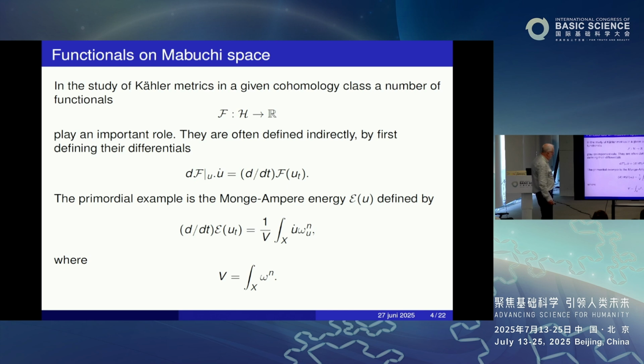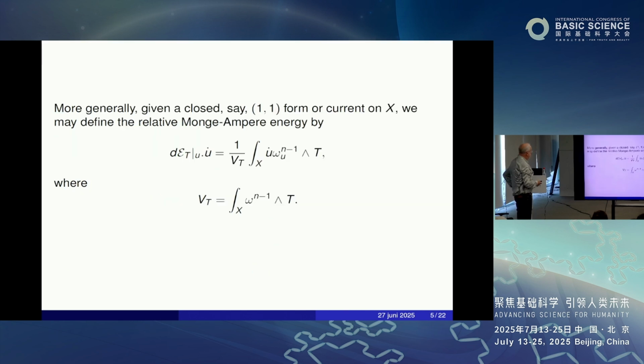Of course, you have to check that this recipe really gives you a function, because what this says is that this defines a linear function on a tangent space, a one form, but you have to prove that that one form is actually closed in order to know that it is the differential of a function. But you can do that, and then you have the definition of the energy. Now, in this talk, there is another energy function that plays an even bigger role. But before I come to that, I come to a modification of this Monge-Ampère energy,